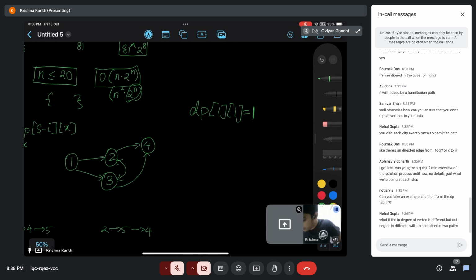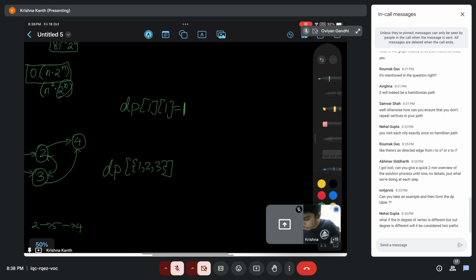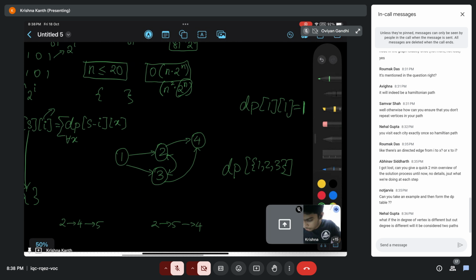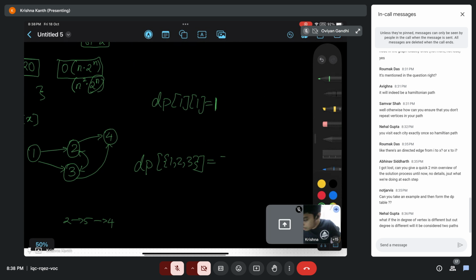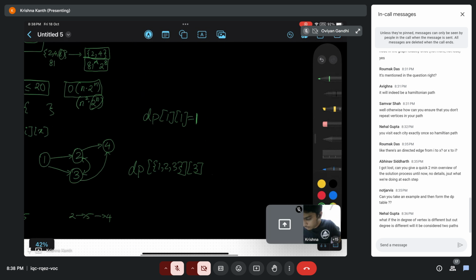And now let us say that we want to calculate the number of ways to visit all the nodes of a subset. I'm not using the number notation because I want to actually explain the concept. So let's say 1, 2, 3. dp of {1, 2, 3}. This would be a summation here. I hope you understood that. Let's say we want to calculate the number of ways to visit all the nodes in 1 to 3 such that we end at 3. This would be